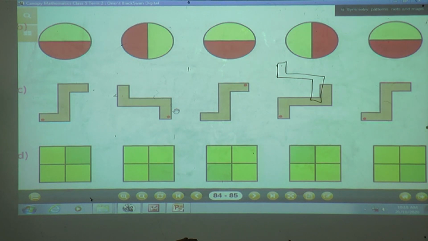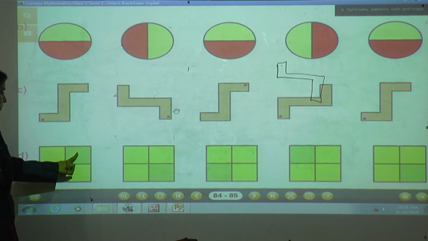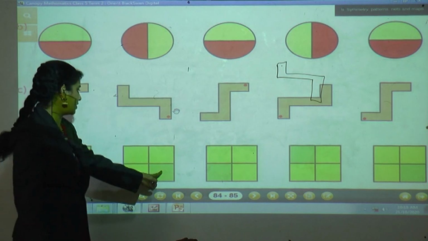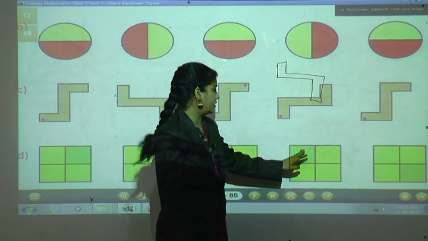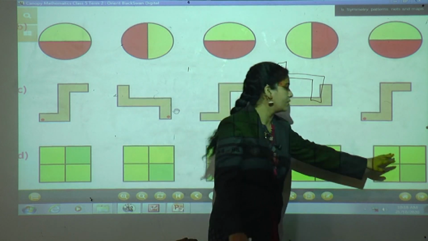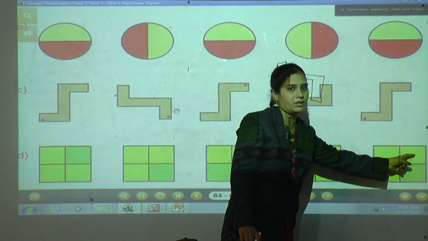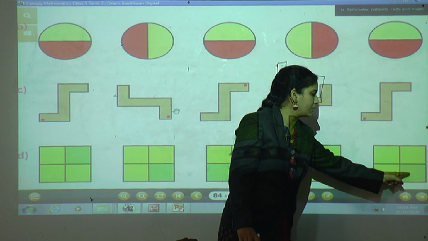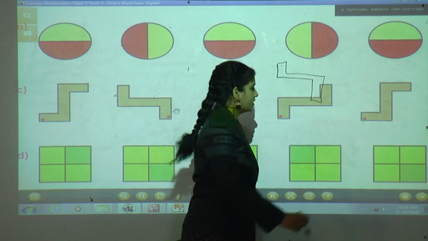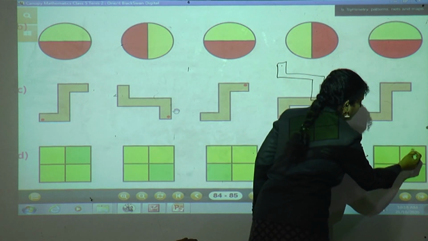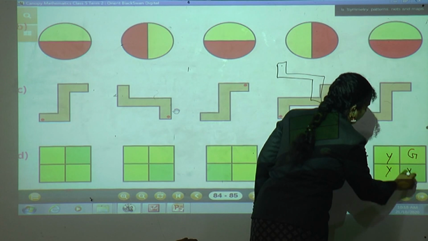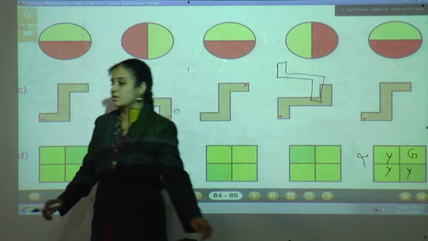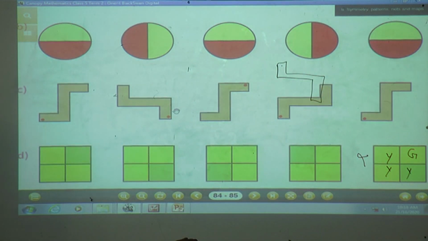See students, the green color is here in this figure. Again in this figure here. In this figure here. Again here. So in the next figure it will come here, but they have given here in this box. So this figure is a wrong one. So that's why green color will come here and remaining 3 will be the yellow color boxes. Okay. So now all of you understood what is meant by pattern.